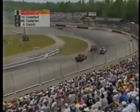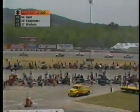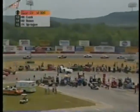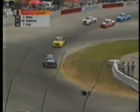Up front, here's Hornaday in 16, lapping Brian Cunningham. And right with him, Joe Ruttman. Mike, you can see the slower traffic as they get lapped, they go to the outside because the preferred line on this racetrack is right around the bottom. So instead of moving out of the way to the inside, the truck...